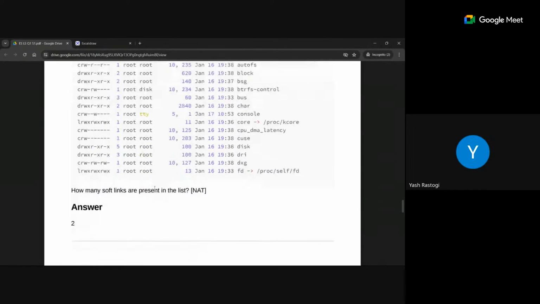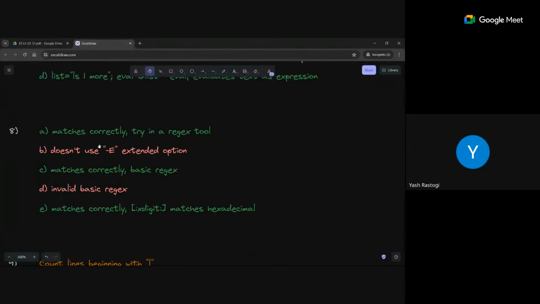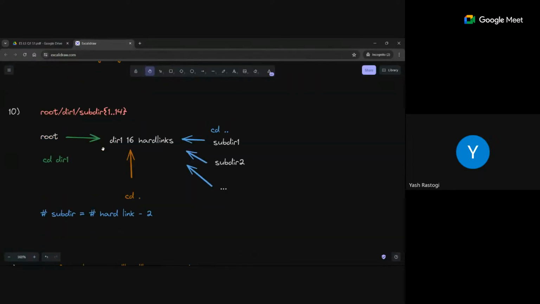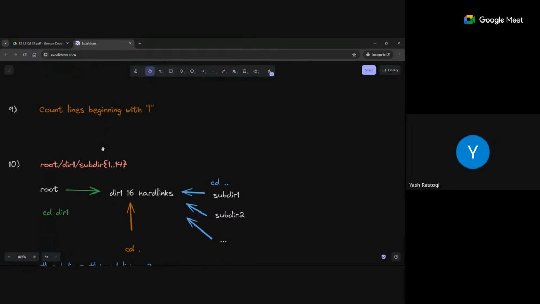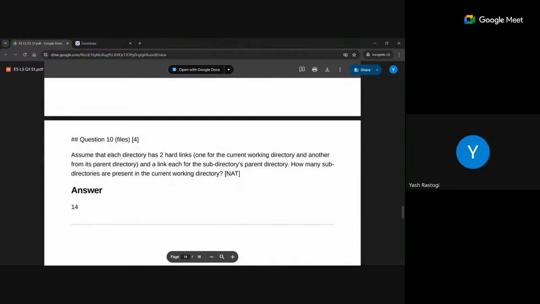Okay, so the first question is simple enough. Moving on. I have also listed it out here: count lines beginning with L. The 10th question is where a lot of people get confused. So